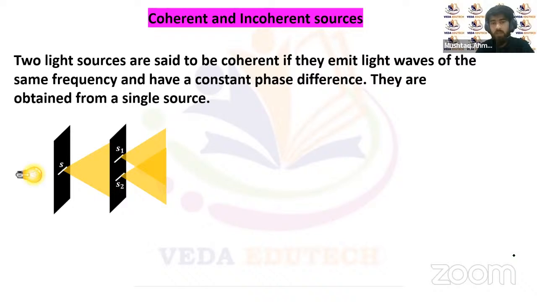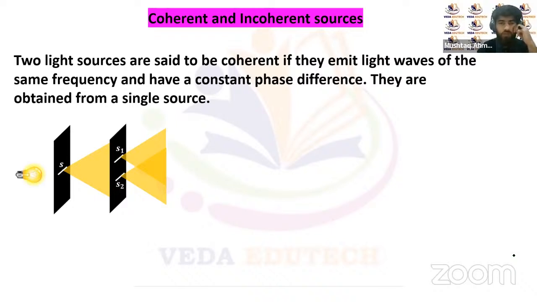The two light waves are in phase when they have the same frequency and are emitted from the same source, with a constant phase difference. This is only possible if the source of those light waves is the same. Then only is it possible to have coherent sources. They will have the same frequency because the frequency of light depends upon the source, and they can have a constant phase difference as well.